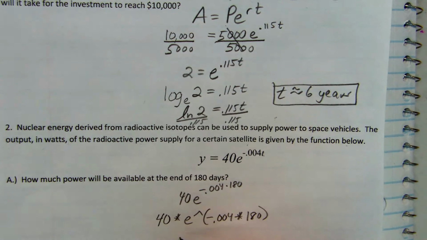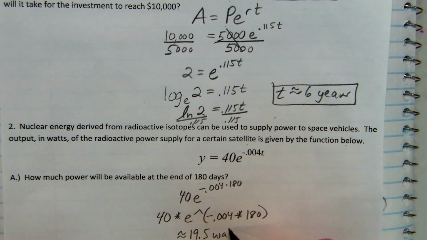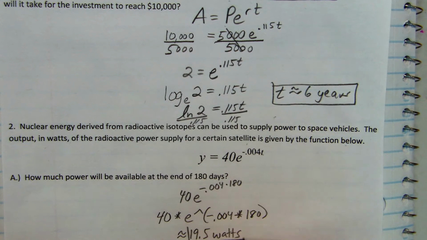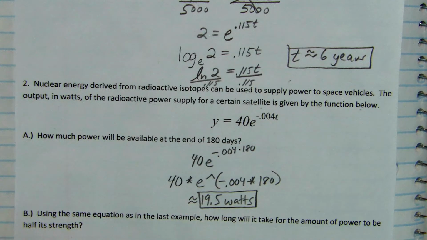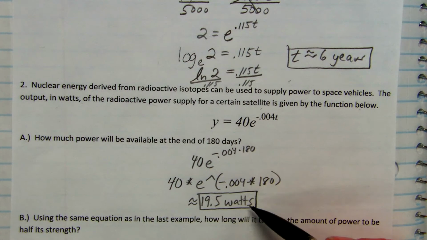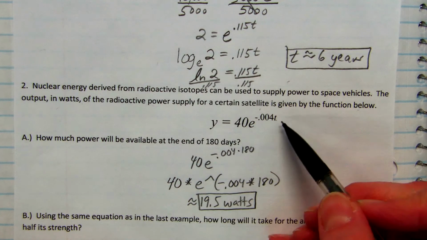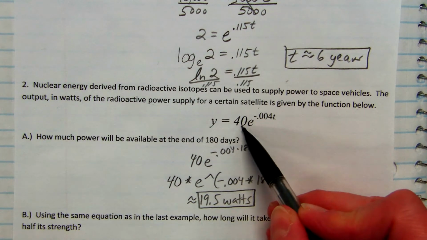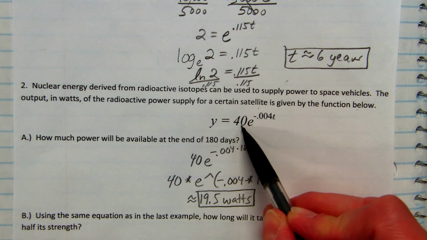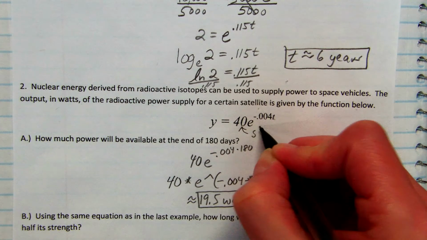And it'll round off to about 19.5, so about 19.5 watts is how much power is still available. If you're looking at this formula, you can actually tell how much power was originally available. This number right here is how much you started with. So that 40 in front would mean that you started